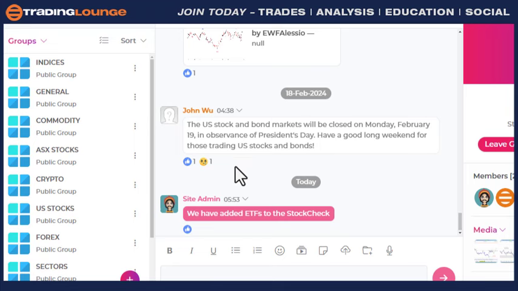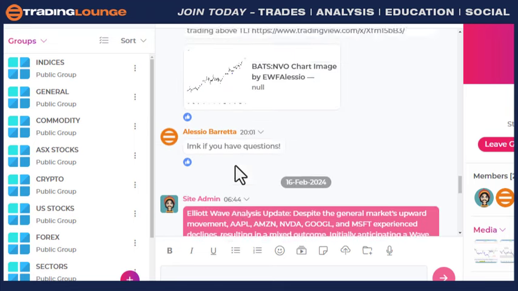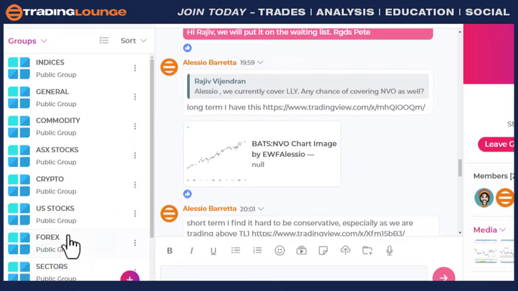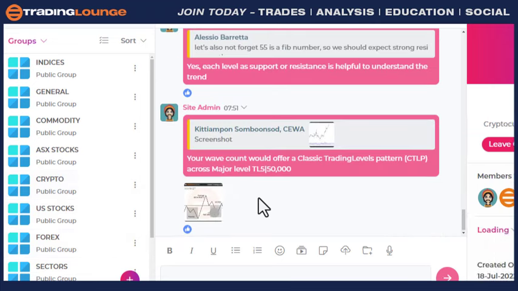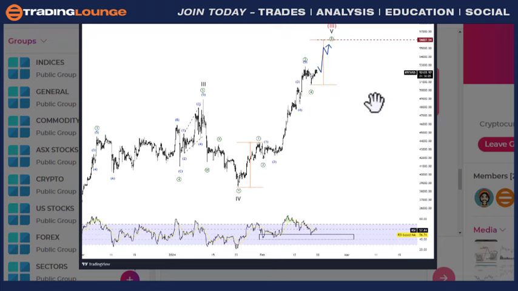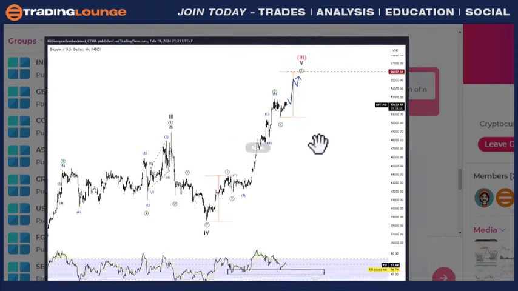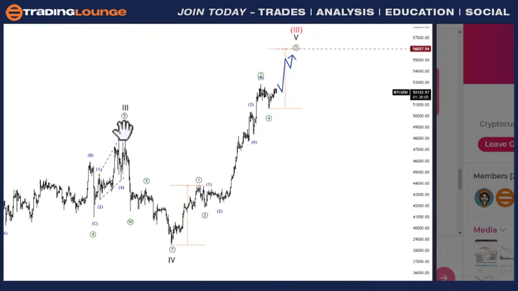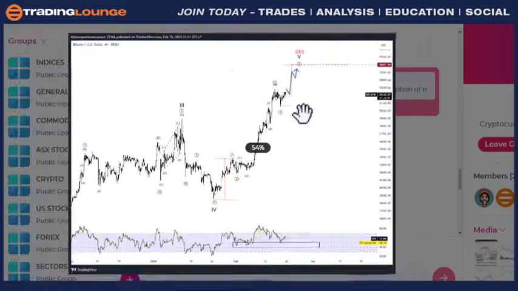I'll just go into our chat room here and, oops, not that one. It's in crypto here. And yeah, so I thought this was quite a good idea actually, this chart here, configuring it this way with 3, 4 and going up for 5 here with 1 and 2 and 3, 4, 5 finishing up here. Okay, I kind of like this a lot because